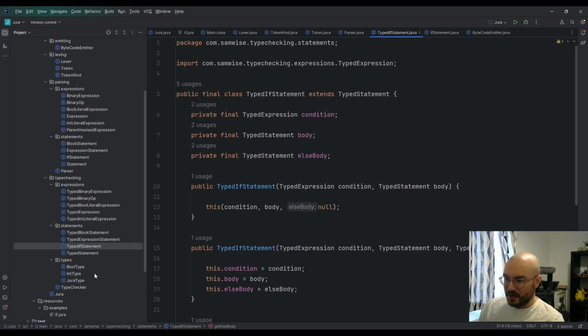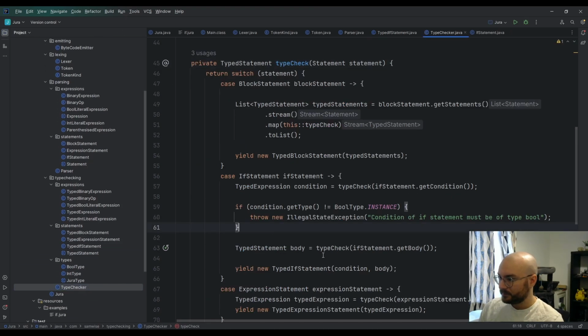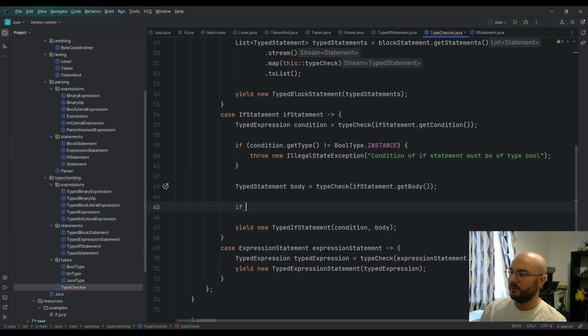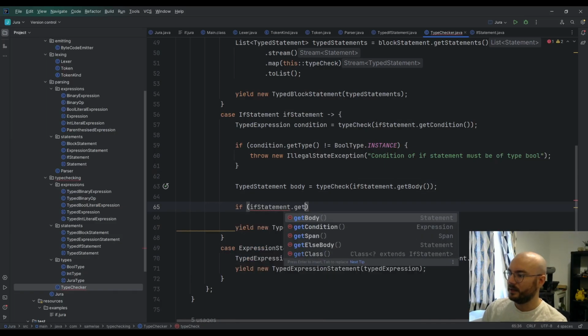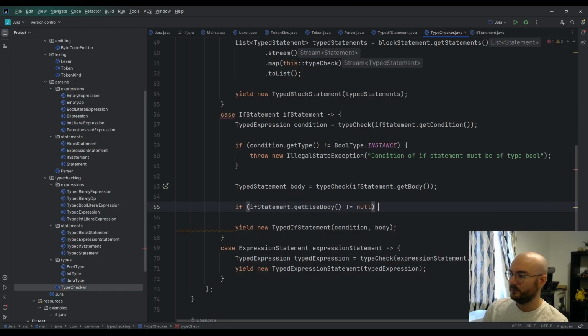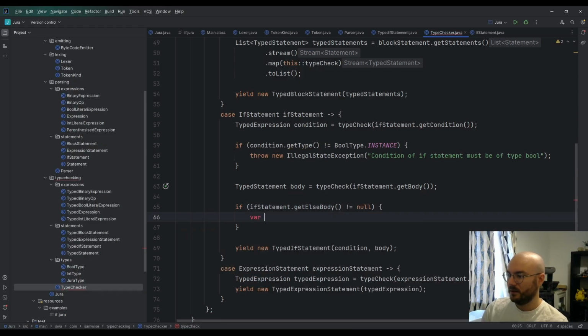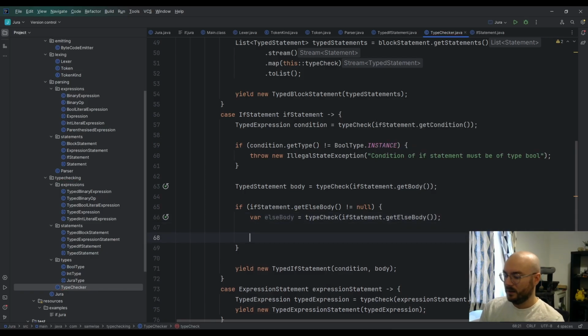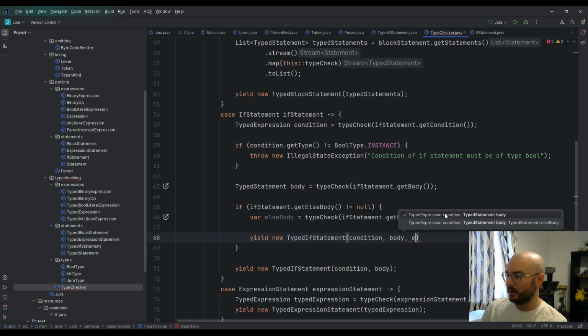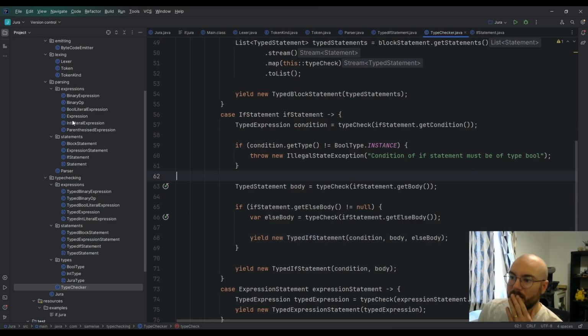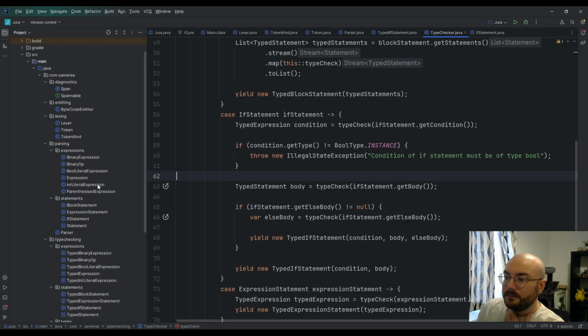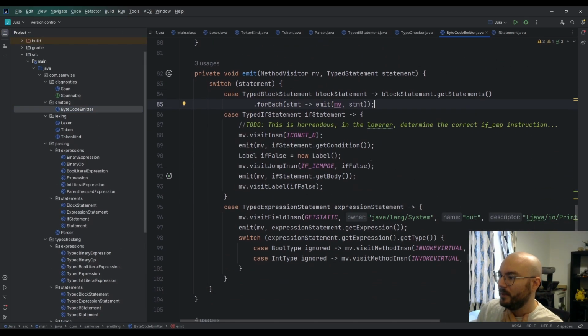So now we need to type check this properly. So we get the body and we say if statement get else body is not null. Then we just say else body equals type check if statement get else body. And then we just yield a new typed if statement with the condition, the body, and the else body. Easy. And then in the emitter, when we emit this, yes, this is horrendous. We emit this